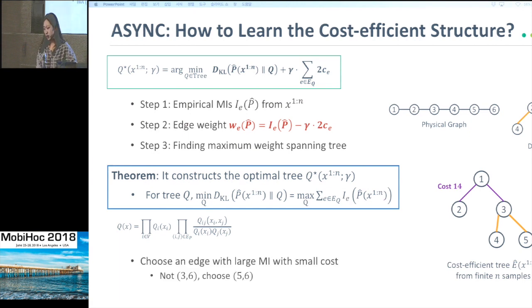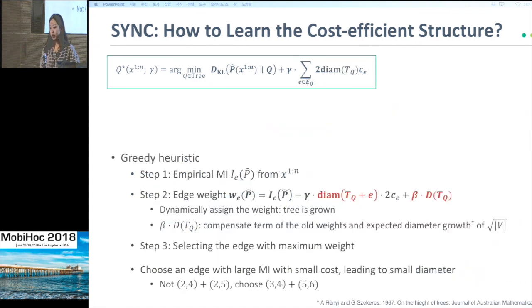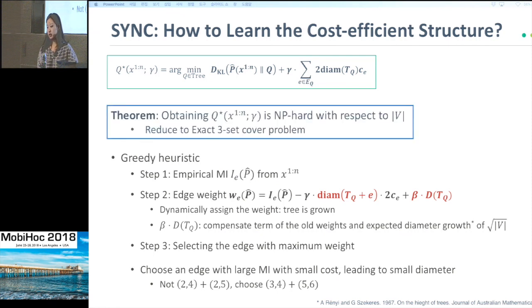So in this case, instead of the data graph with the 3 and 6 edge, we choose the 5 and 6 as an edge because it has less communication cost. And second, in the synchronous case, we show that obtaining the optimal solution for this problem is NP-hard with respect to the number of nodes, because this objective function contains the diameter, which should be different for every possible tree